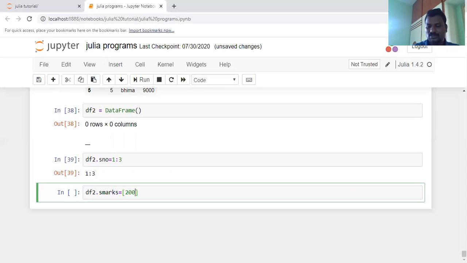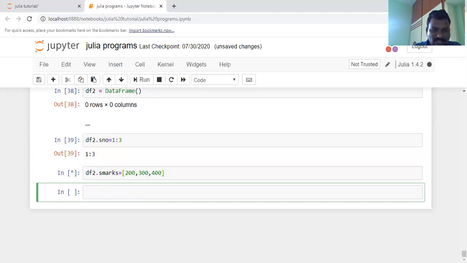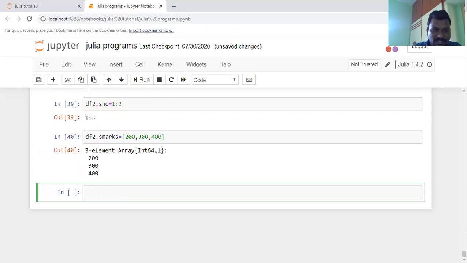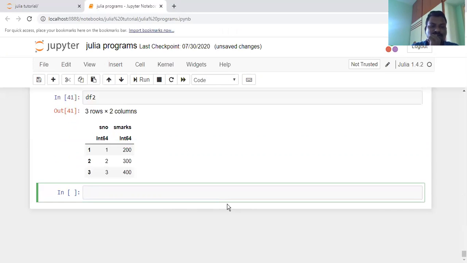For example 200 marks, let us take simple 300 marks, and then 400 marks. If you execute this one, marks are also added to the data frame. Here let us take df2 and execute it.